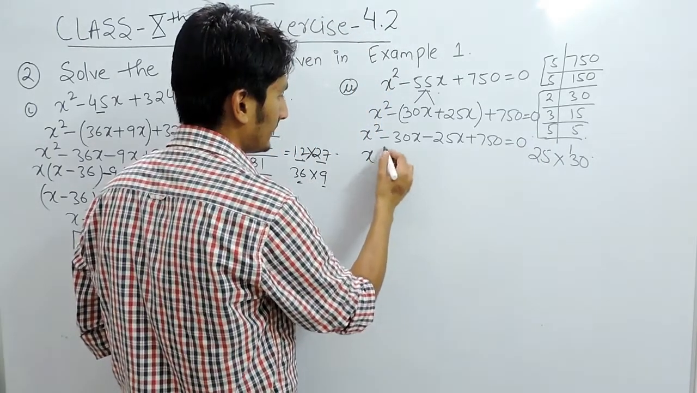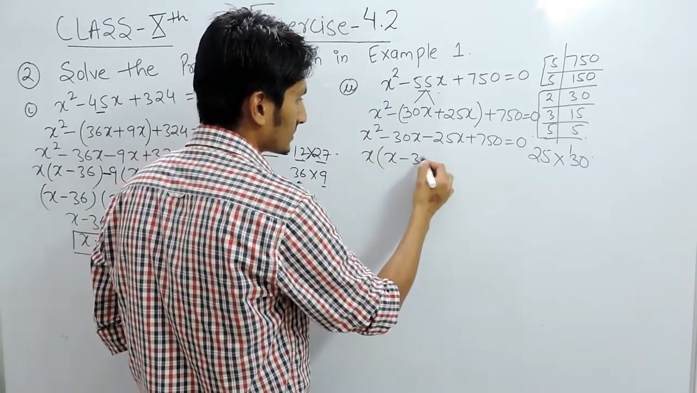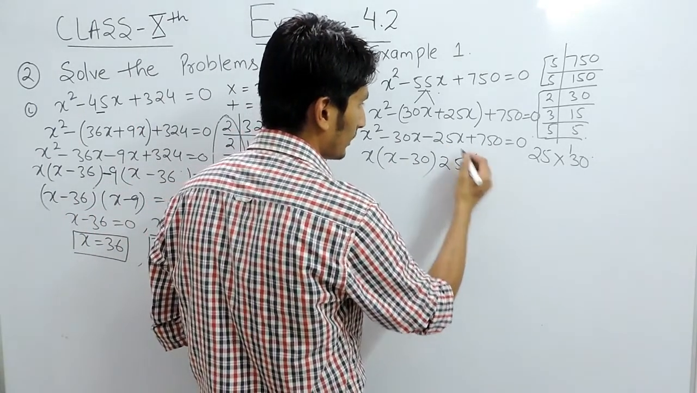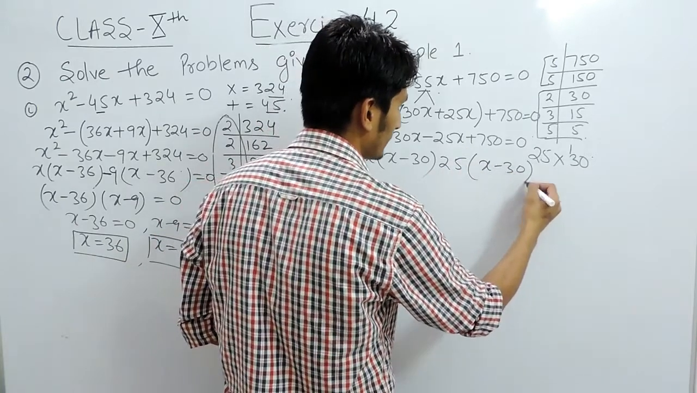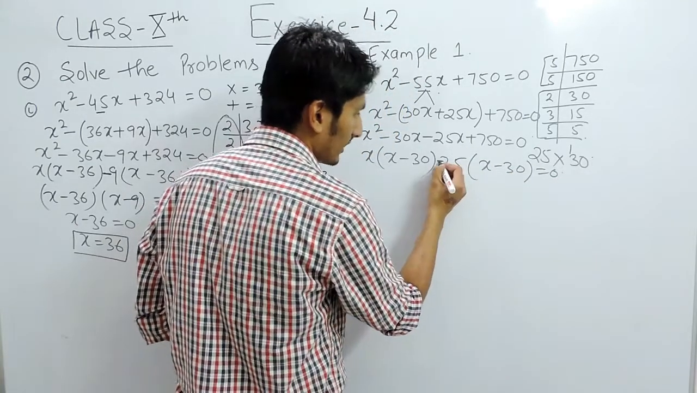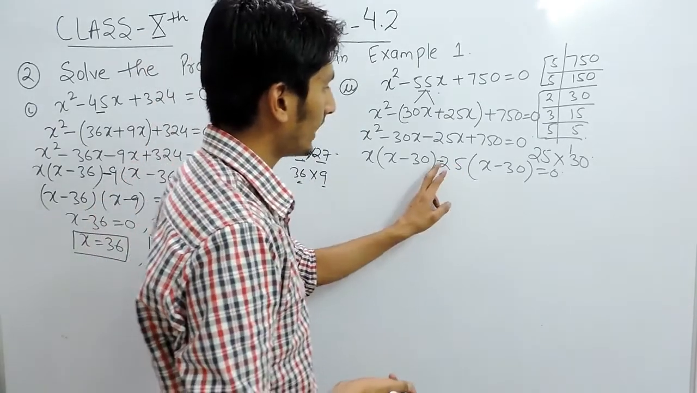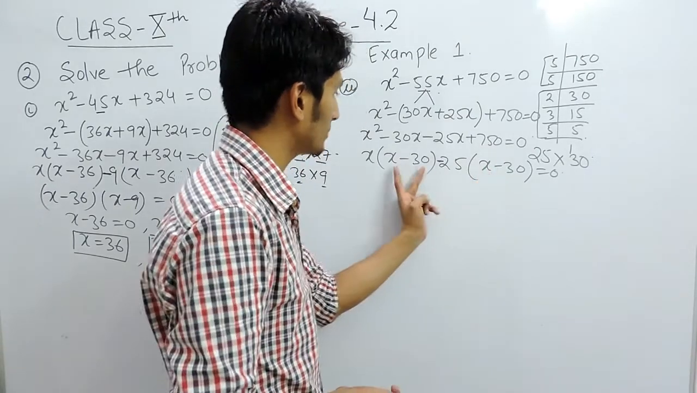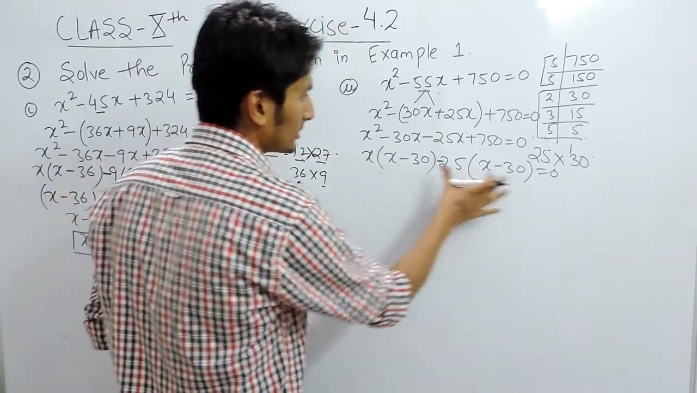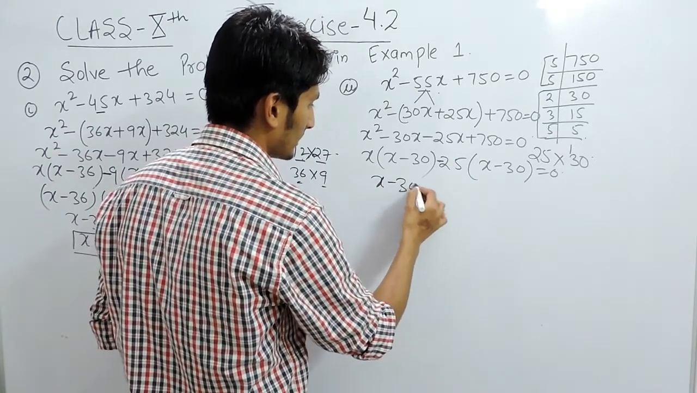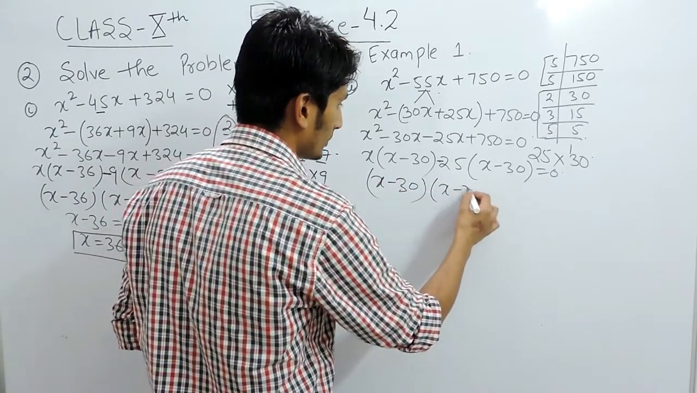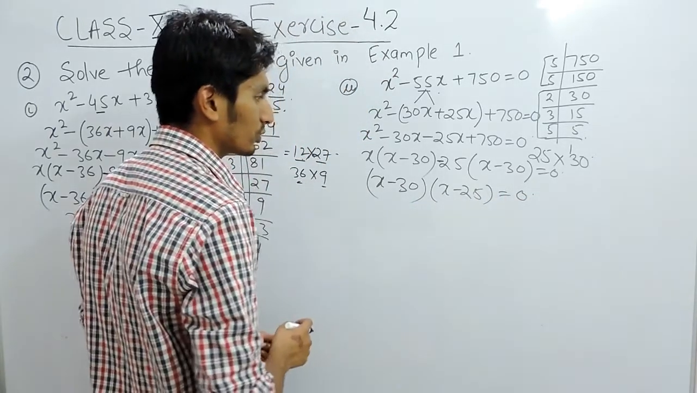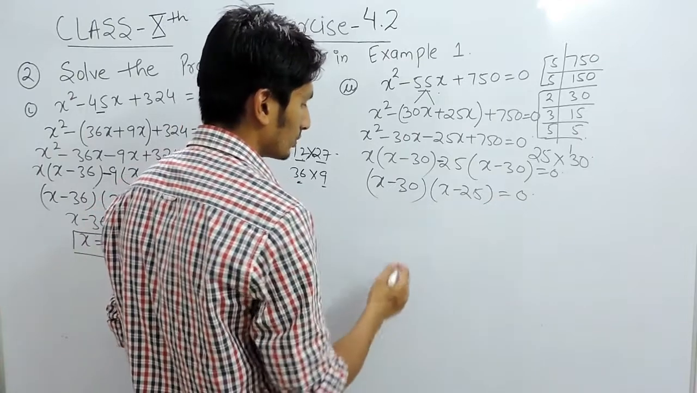From the first two, x can be taken common, so only x minus 30 will remain inside the bracket. And from these two, 25 can be taken out so that x minus 30 will remain inside the bracket. But again you have to take minus 25 as common so that the minus becomes positive and the positive becomes negative, so that this value and this value are the same. So from these two terms, again x minus 30 is taken common, and only x minus 25 will remain inside the bracket. Again the multiplication of these factors is equal to 0,